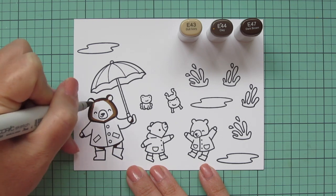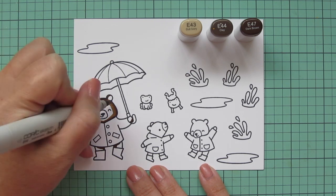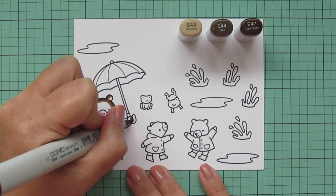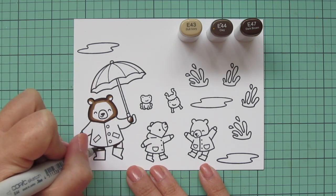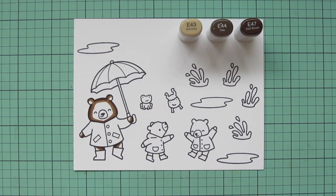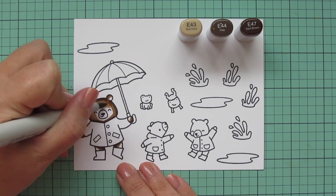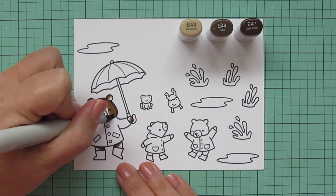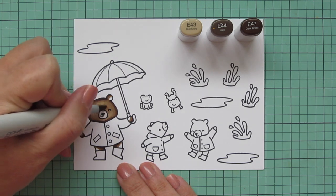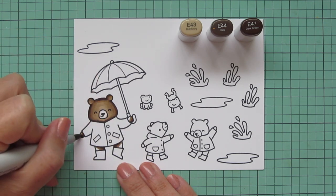So I started with that E47 and laid in some shadows. I'm doing a central light source on this little bear's face. I like to keep their faces nice and light. So since she is facing forward, I'm going to have that highlight in the very center of her face. So I'm putting the shadows on the outside edges. I'm also putting a little bit on the bottom of her hands and on the inside of her legs where her raincoat would be casting a shadow, and then blending out with the E44 and then using the E43 for